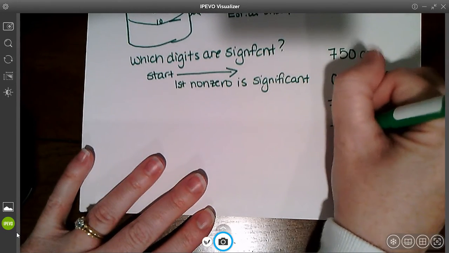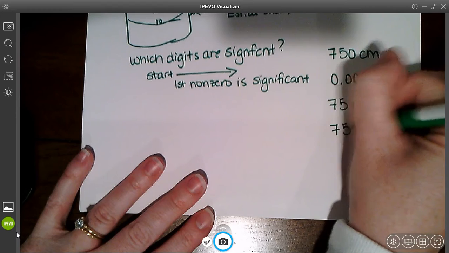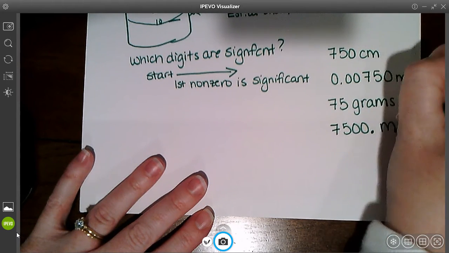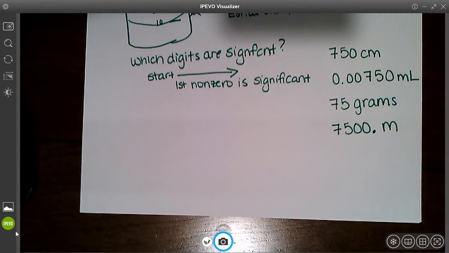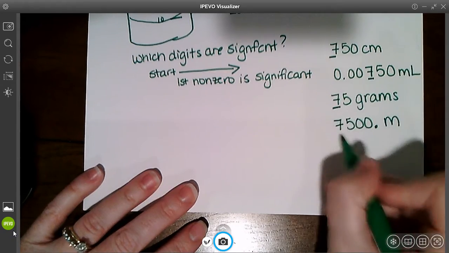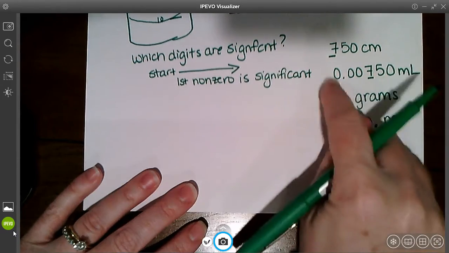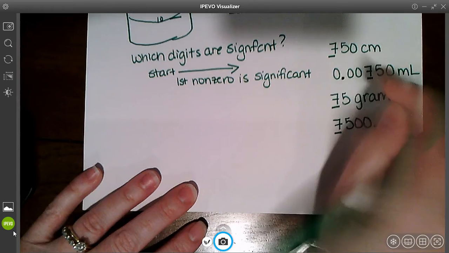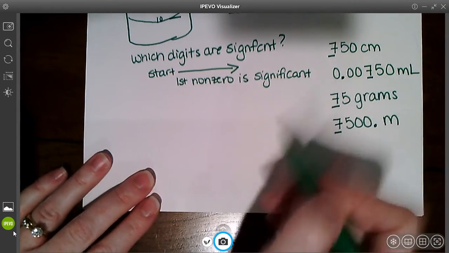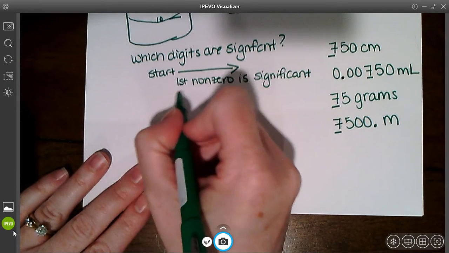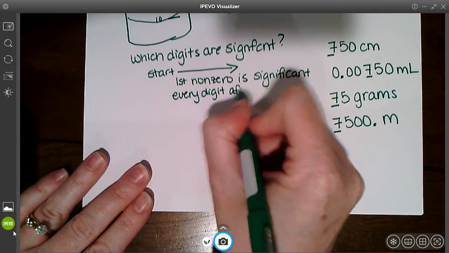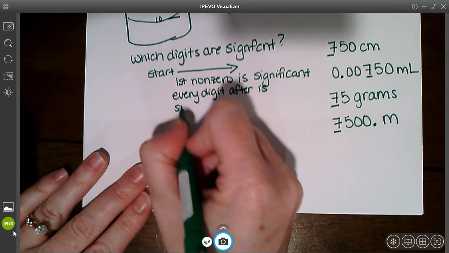And let's say I have 7,500 with a decimal, let's say meters. So in all these measurements, the 7 is going to be the first sig fig because I start at the left and the first non-zero. So the leading zeros are not significant. The reason these aren't significant is if I put this into scientific notation, then those all go away. Okay, so then every digit after is significant,